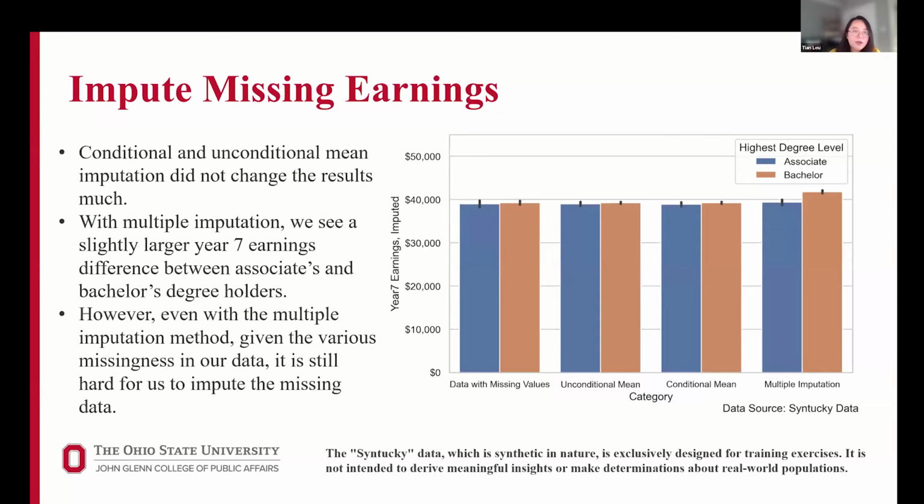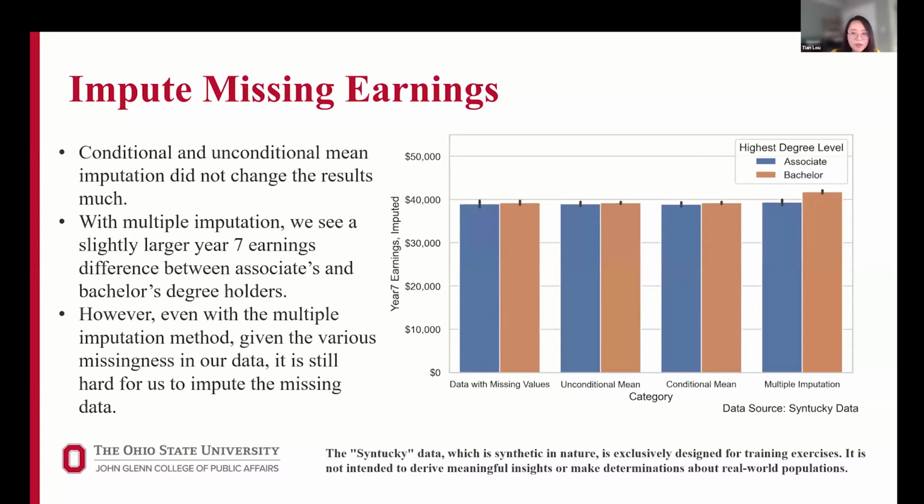So anyways, after we think through all those different potential missingness in our data, we can now use some of those simple imputation methods that Carol just showed us and apply them to this specific example, to see how our results might change. As you can see, the first two bars show the original results, and of course